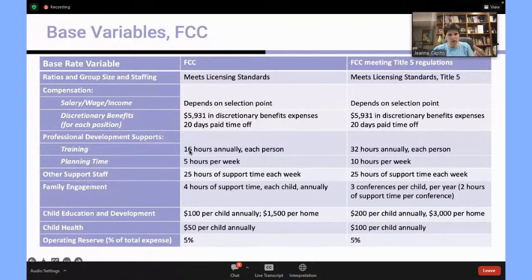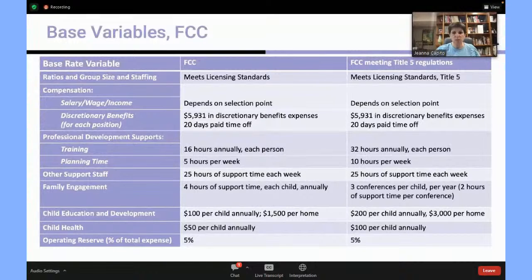So 16 hours of annual training compared to 32 hours to meet Title V regulations. You can kind of move down and see that there are a few different places where the value, because the Title V regulations require more of the family childcare, is higher for the base variable. Same base variables are turned on for either setting, whether it's Title 22 or programs that are meeting Title V